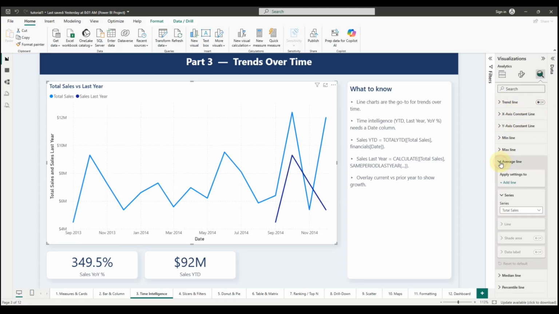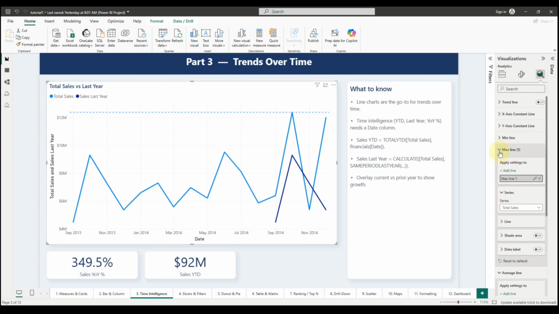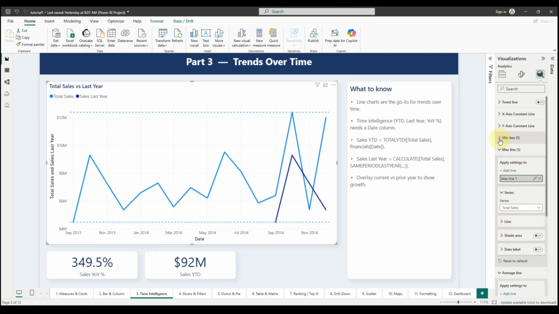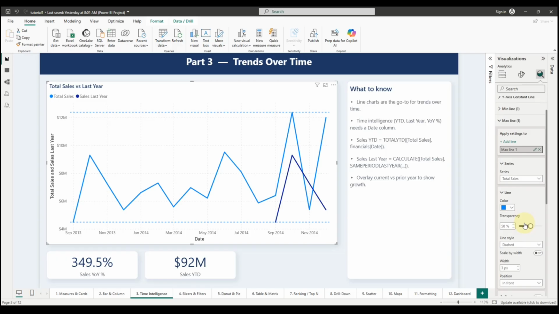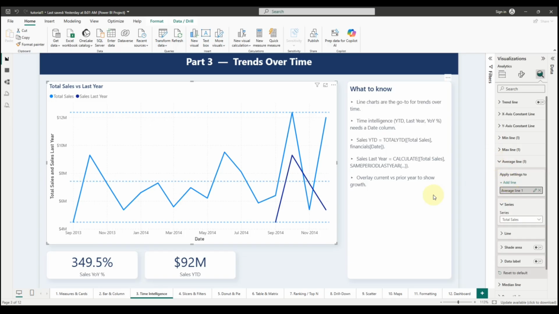We can also see that the line chart has some other things you can add to it, such as the min and max line. Maybe you just want an easier visual for your min, or maybe you want an easier visual for your max, and you want to put potentially a line area in here. You can also do that. So you can add the average line and you can add multiple lines in here. So if you want the average line, you can add that,